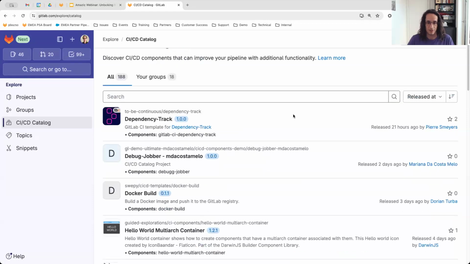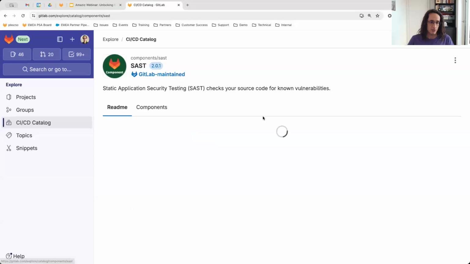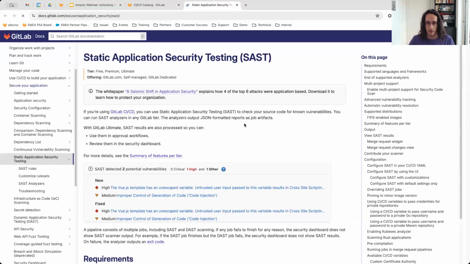So as you can see, nothing revolutionary here. This is just a list of things. But let me show you, for example, the SAST one, this one. Just as an example of how a component looks in real life. If you are using gitlab.com, GitLab Ultimate, you are already familiar with our SAST, Static Application Security Testing scanner. And up until this point, including such a scanner in your project meant including, as I said, a pipeline template, right?